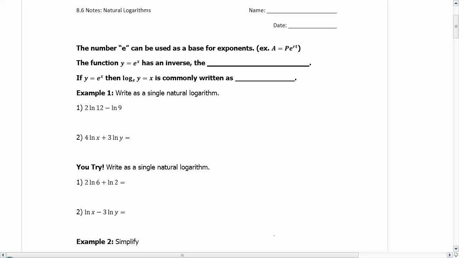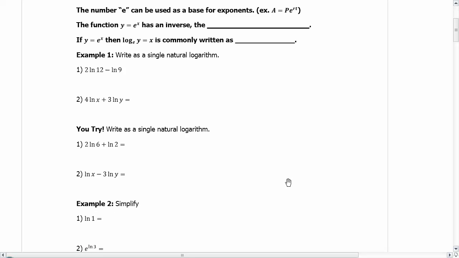Section 8.6 is on natural logarithms, which is very similar to the logarithms that you had been doing before. Starting off, we have to talk about the concept of an inverse. It's kind of like an opposite function. The exponential function y equals e to the x has an inverse, which is the log with a base of e